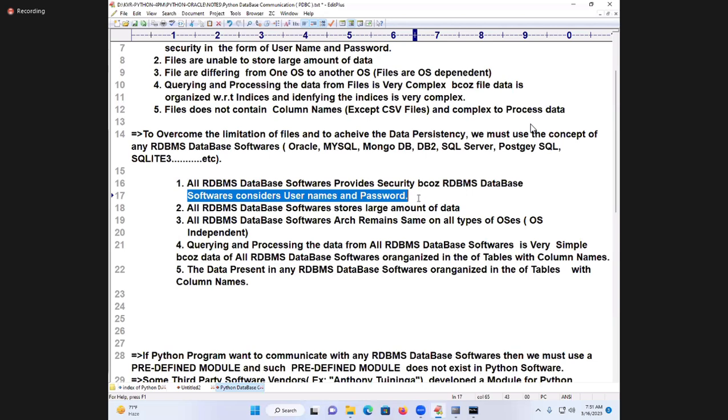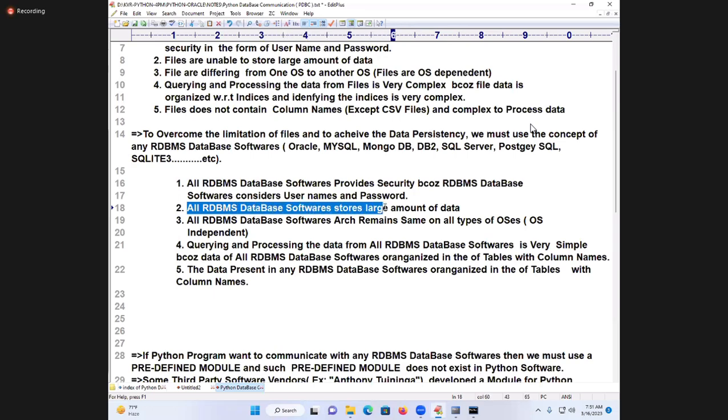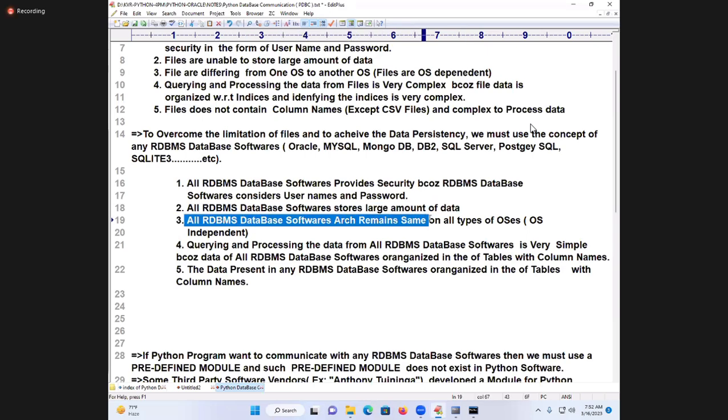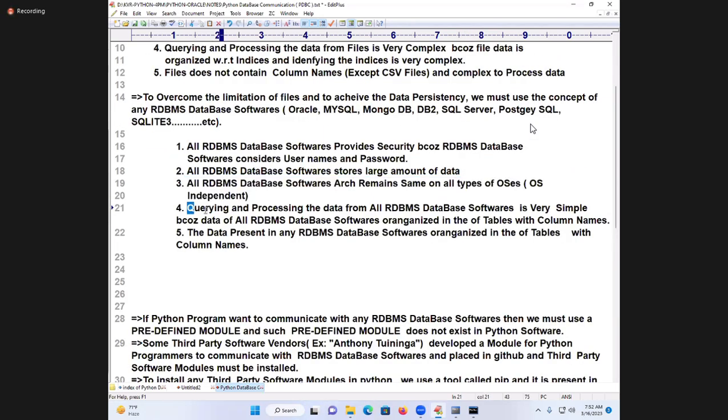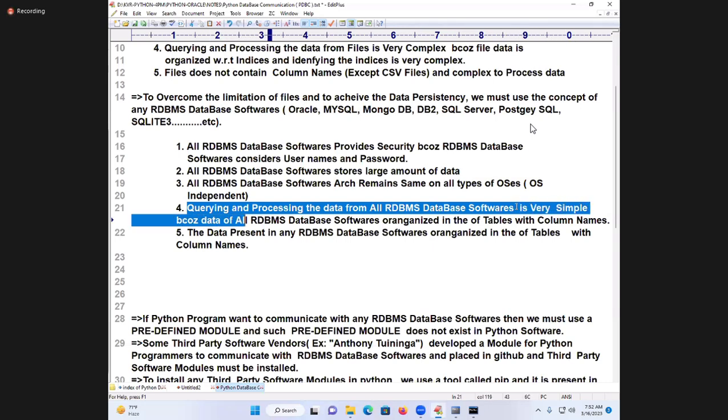Right? You have seen it. The second one: all RDBMS database softwares store a large amount of data. All RDBMS database software's architecture remains the same on all OSs. That is OS independence. Querying and processing the data from all RDBMS database softwares is very simple, because in all RDBMS database softwares,